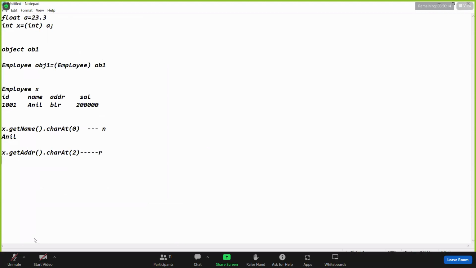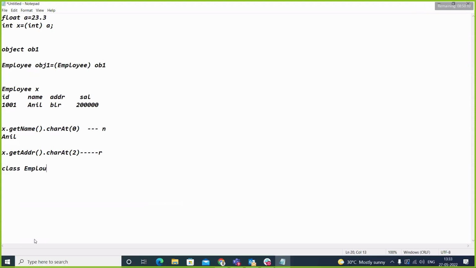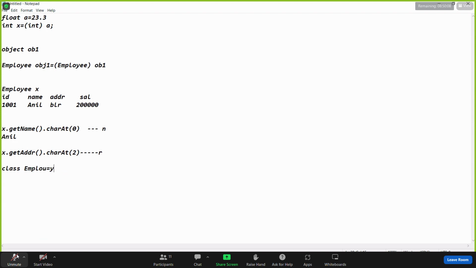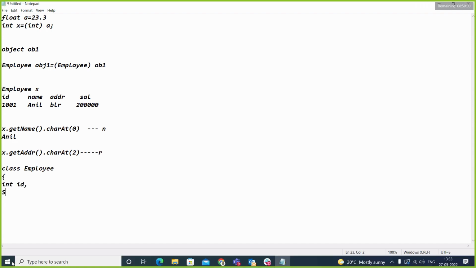It is like this. Now, how are you going to create an employee class? Class employee. Inside the employee class your data is: integer id, comma, string name, comma, string address,